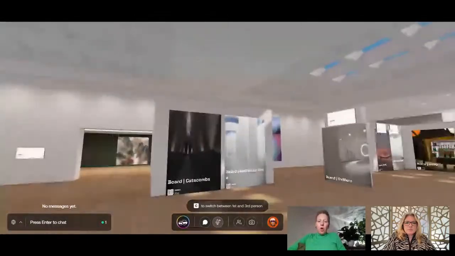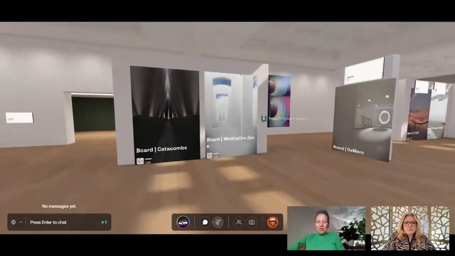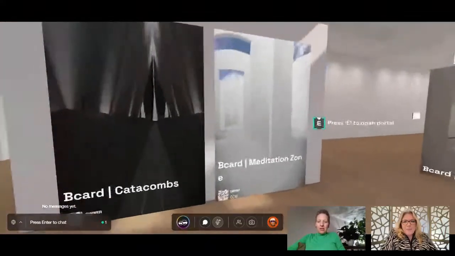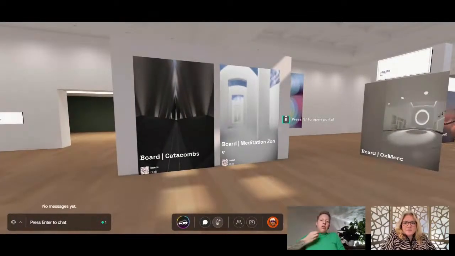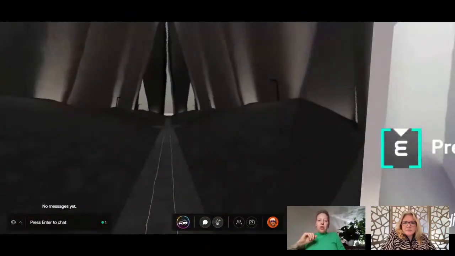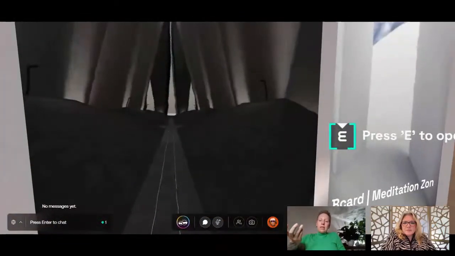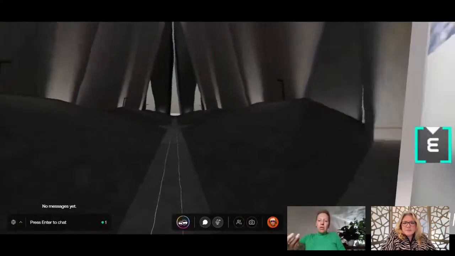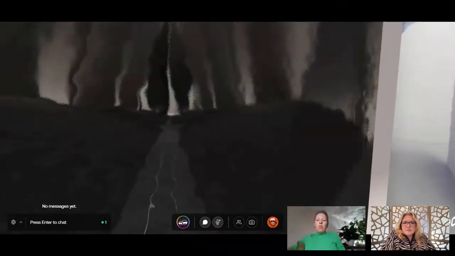Okay, yes. So one of the spaces we're considering for the conference is called, how would you pronounce this, Stephanie? Catacombs. Catacombs, yep. Okay. I personally find it a little bit of a dark space, but I'd love to hear your input. To enter, this is what we call a portal or a door in these spaces. To enter into one, you need to press E on the keyboard and then